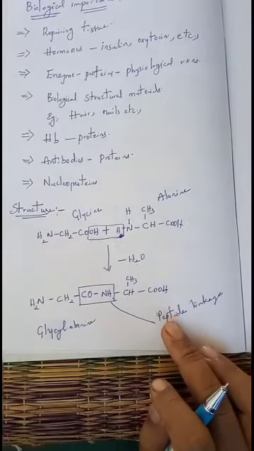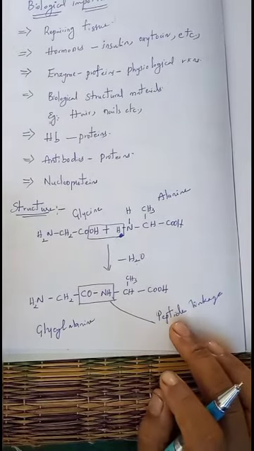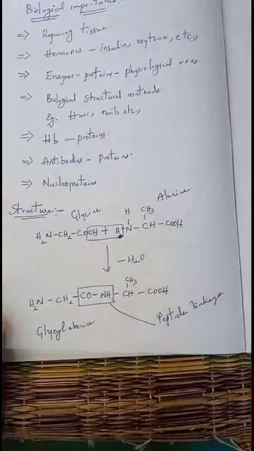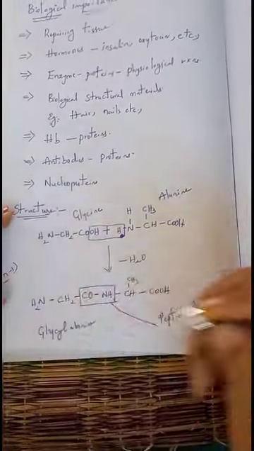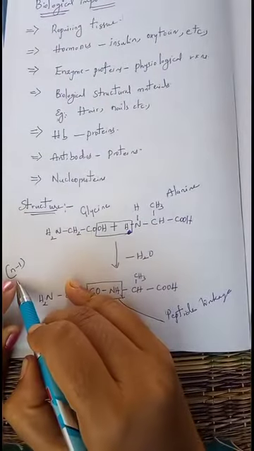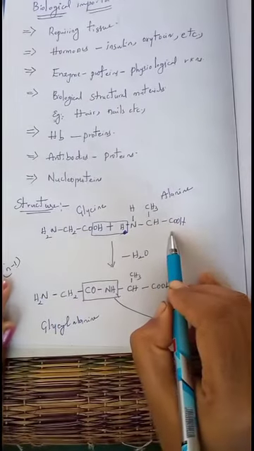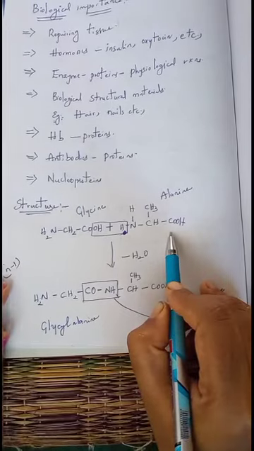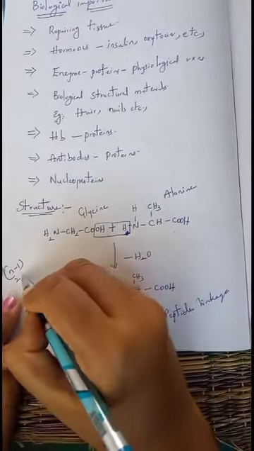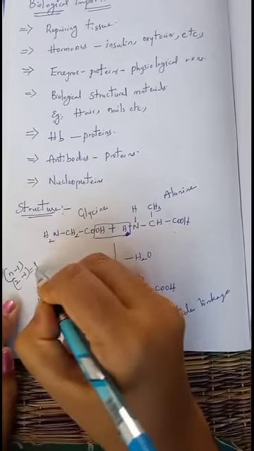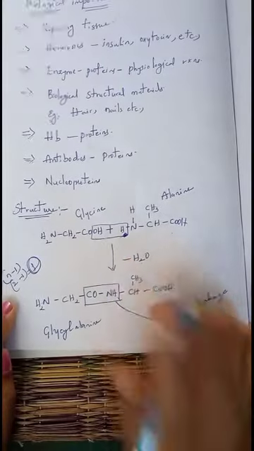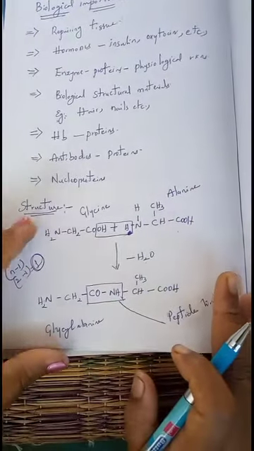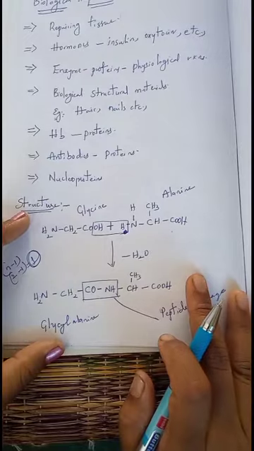So it can be calculated by using the n-1 formula. Okay, n is nothing but the number of amino acids. Okay, the n-1 formula is used to find out the number of peptide linkages. So what is n here? Amino acids. How many amino acids are involved for the formation of this peptide? 2 amino acids. In place of n you can write 2. 2 minus 1, what is the value? 1. So that means the formed dipeptide contains only one peptide linkage. Okay, that is about the structure of these amino acids.